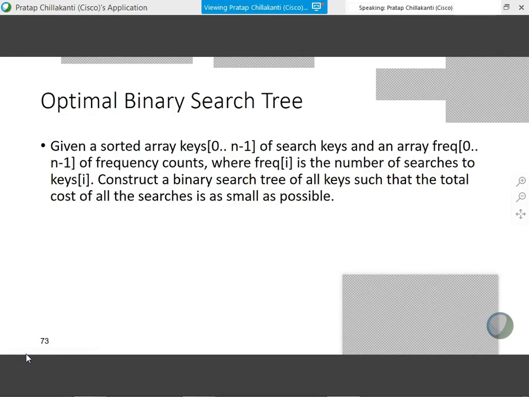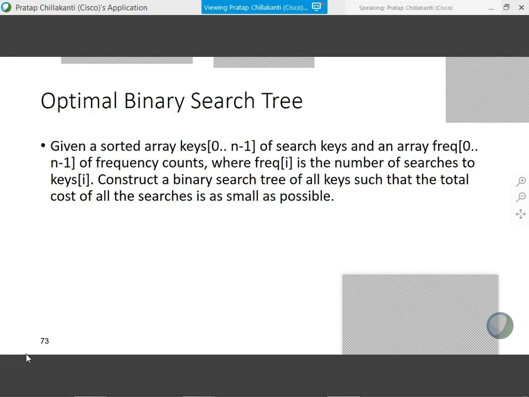So formally speaking, you are given a sorted array of keys, 0 to n minus 1, or depending on which literature you read and which PowerPoints you review, they call it from i to j. You have a bunch of keys, and then you have a frequency. That means they give another array, or I can create both of them in a two-dimensional table too, right? So you have the frequencies, which also go from 0 to n minus 1.